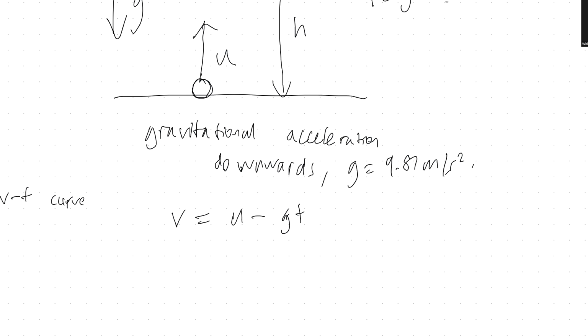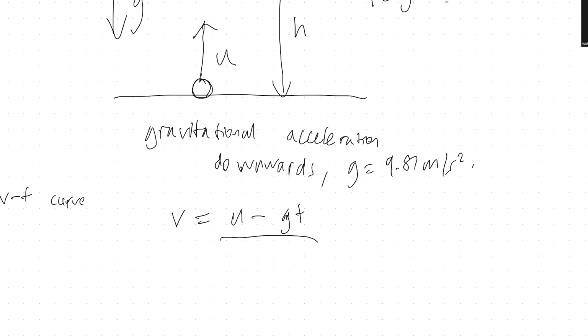Your g is pointing downwards, so relative to your motion, it's a negative value. And it decreases the velocity of your object because it's acting in a direction opposite to your velocity. Therefore, your velocity decreases over time, and it should be u minus gt instead of u plus